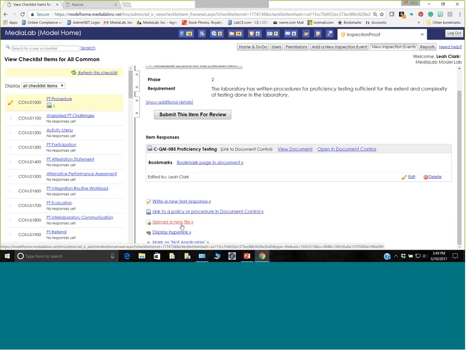Okay, we can also upload a new file. These are documents that reside outside of document control. They could be things like corrected patient reports or temperature charts or your PM for your instrument or your centrifuge maintenance. Any of those things that you would want to provide as examples to the CAP or to your inspection team, you'll simply upload those files and they're going to be clickable the same way that we clicked view document